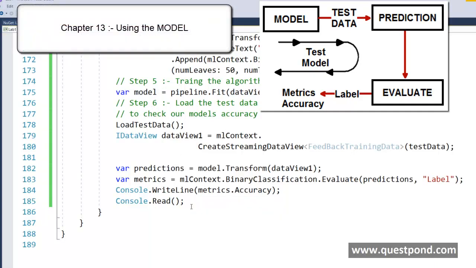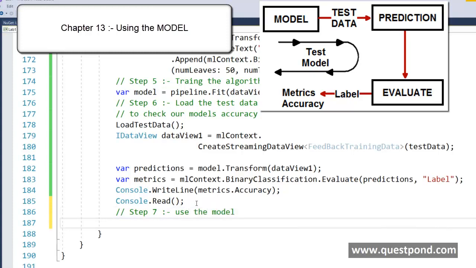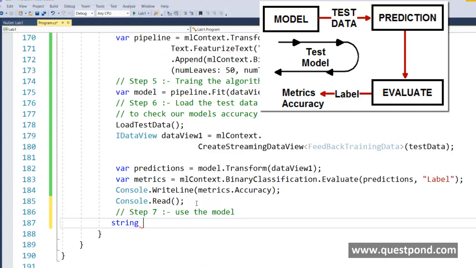Now that we have trained our model, and also tested our model and it is 80% plus, we would like to go and use our model. To use the model, let us go ahead and first get the feedback string in, so console.ReadLine. Let's tell the end user with